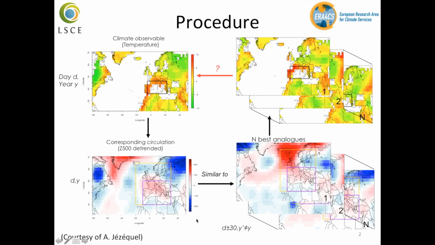So this is a hypothetical December of 2018, and those are analogues in the past, so circulation patterns that look like this one, but that occurred in the past or in a different period. So this is rather simple to obtain, and each of those analog days has a temperature pattern over,